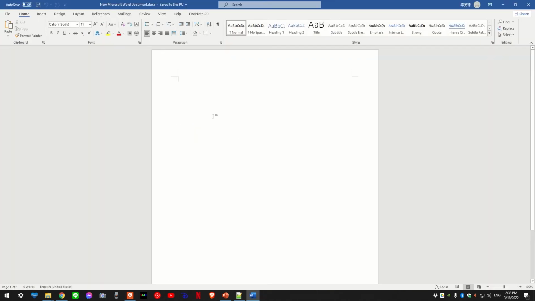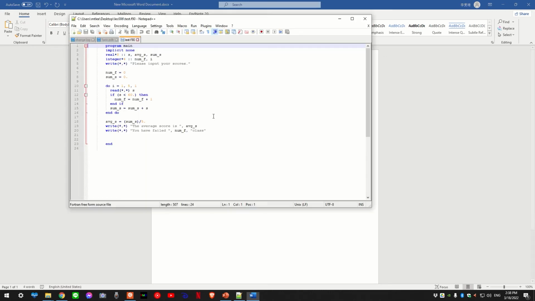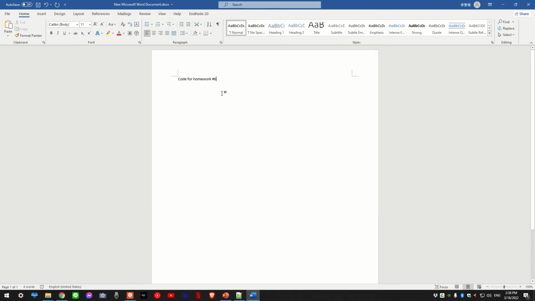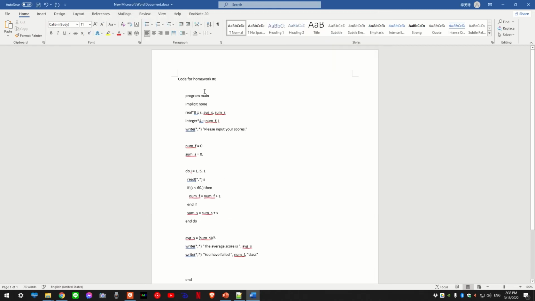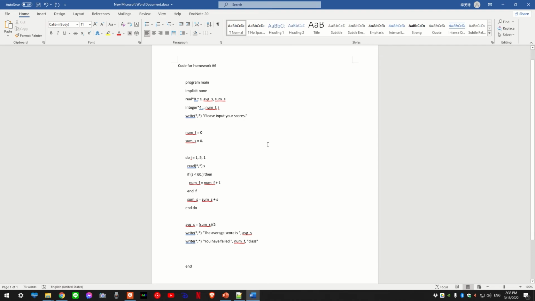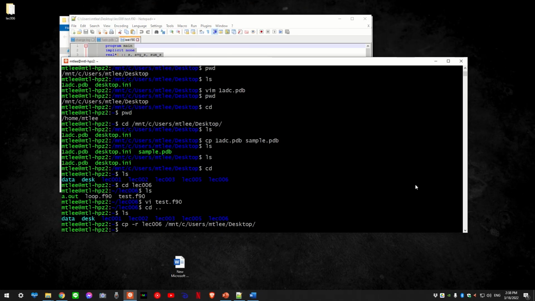Say this is code for homework number 6, all right? And you go to here, and then you copy and paste, right? Is that easy? So that's how you can operate files between your Windows system and Linux system.